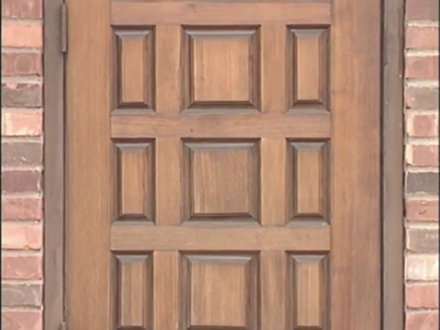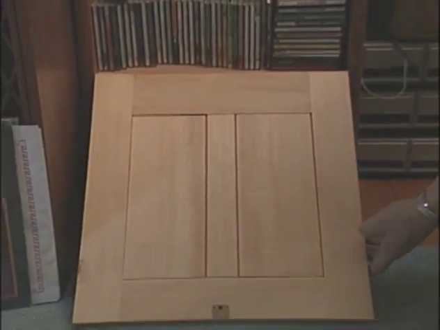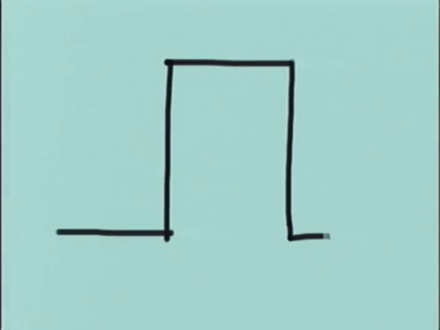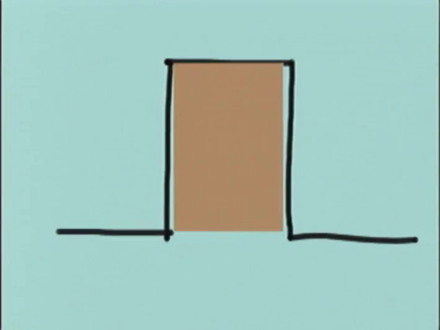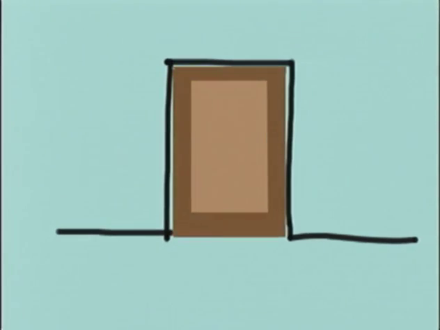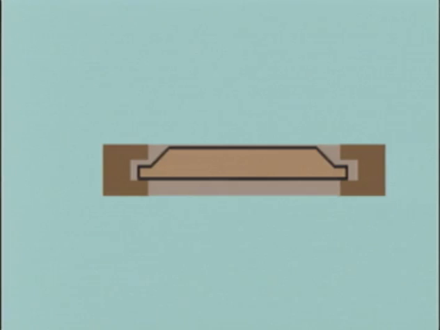Uses for frame and paneling include entry doors, cabinet doors, carcasses and other parts of furniture, and all sorts of architectural elements. Say this is a doorway, and this is a door panel made of vertically joined boards. Instead of allowing the panel to expand against or contract away from the doorposts, we make the panel a little smaller than the opening and make up the difference with a wooden frame consisting of narrow members. The panel is contained by grooves formed in the inner edges of the surrounding framing members, but is free to float in the grooves, expanding and contracting across its width at will. The frame members themselves are so narrow that their expansion and contraction are small enough to be of no real